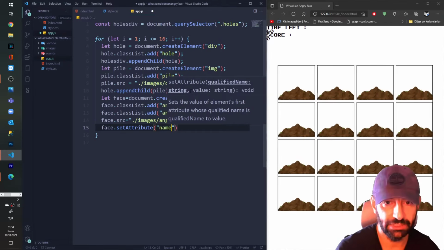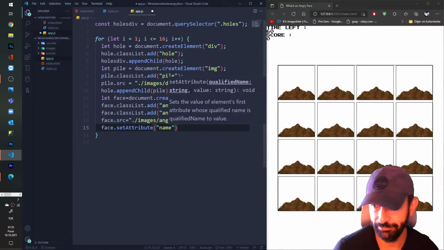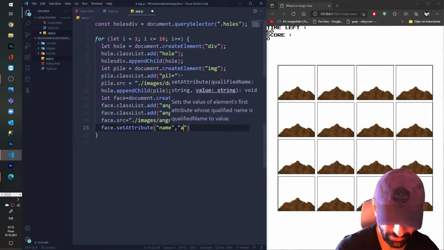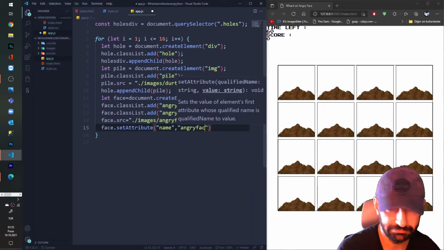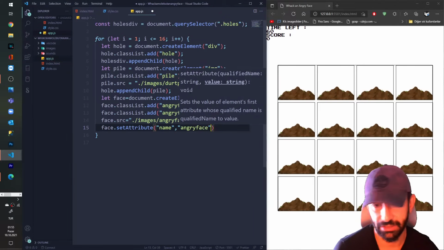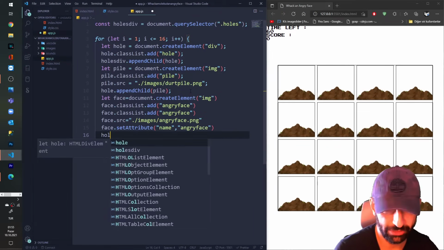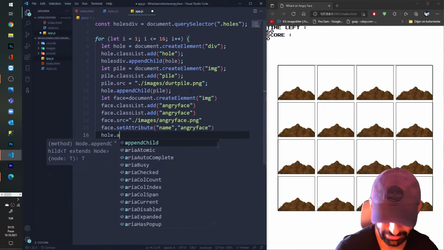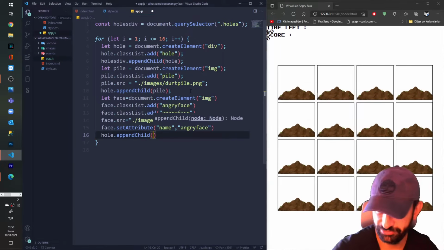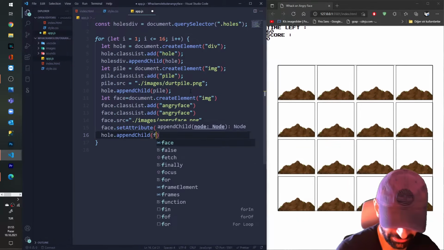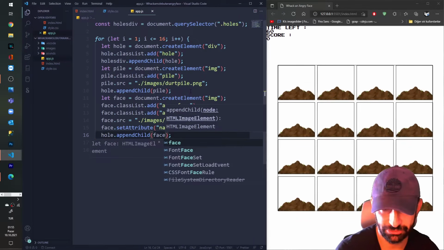I'm gonna set attribute of name, and I'm gonna give the name of angry face. Okay, and after that I append to my hole the face, append child face, but be ready because it's gonna look so ugly.